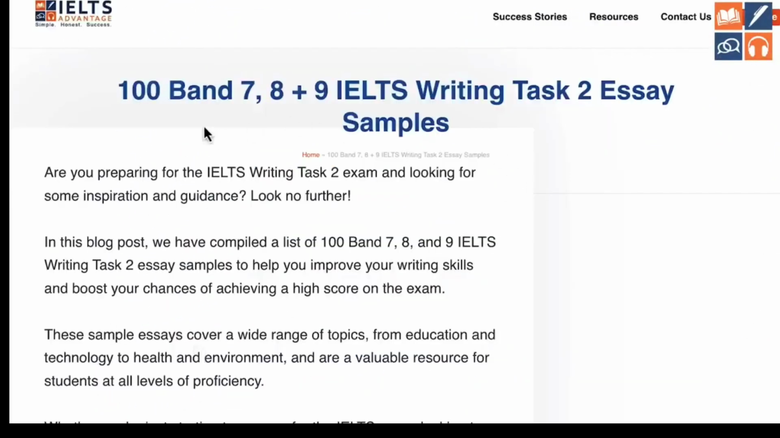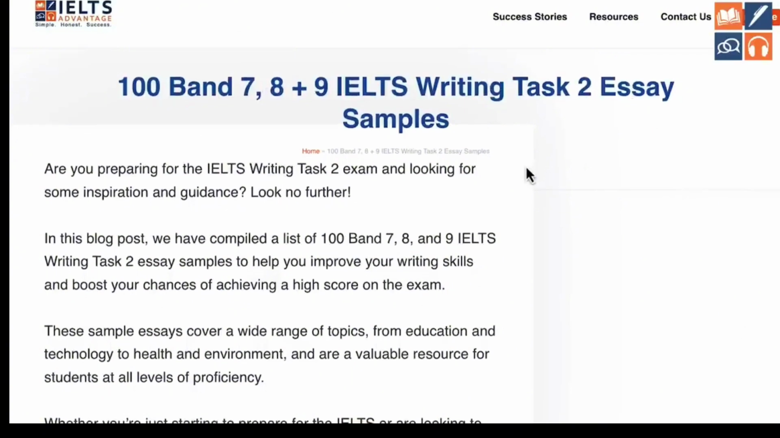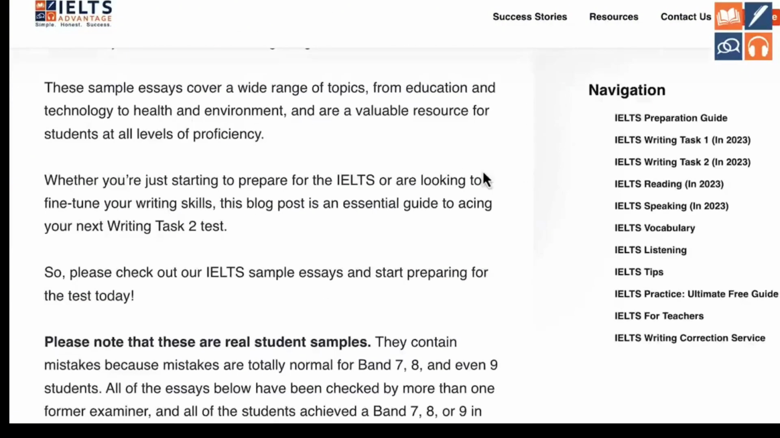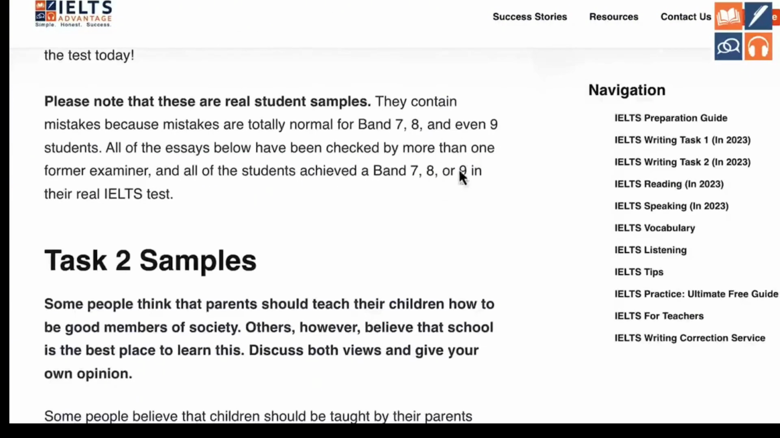If you click on that, you will get access to 100 Band 7, 8 and 9 IELTS Writing Task 2 essay samples. It will introduce them, it will tell you how to use them, and then it will give you